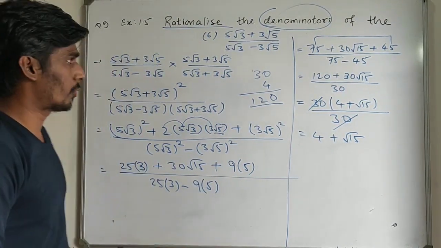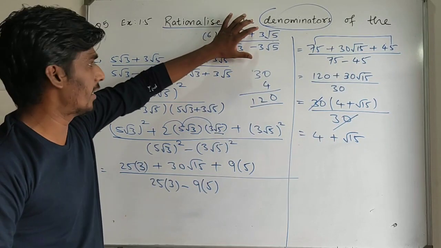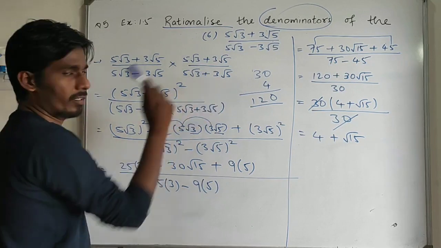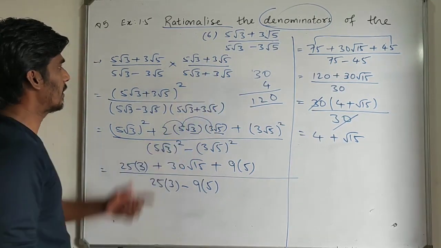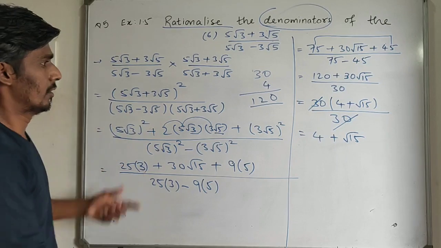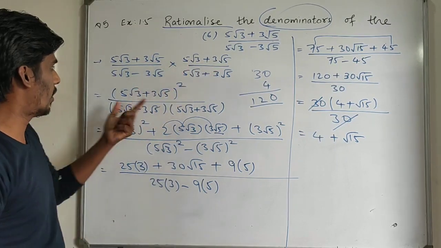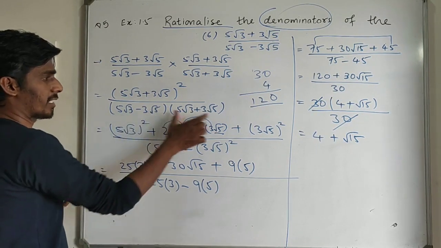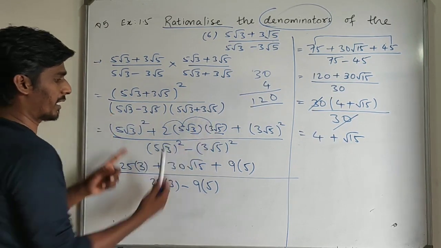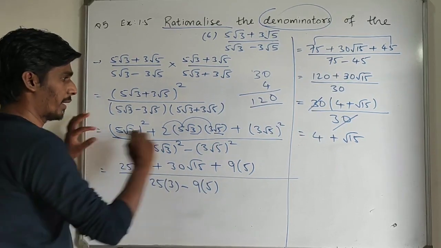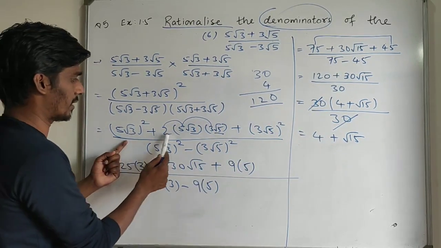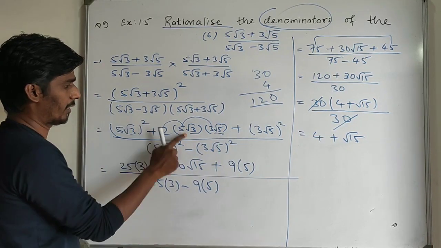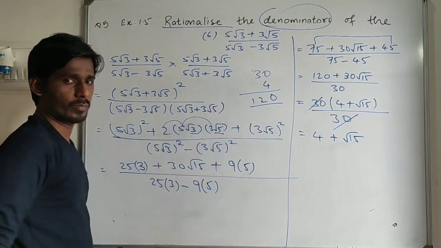So again I am taking a quick revision of this. जो भी नंबर दिया है उसके डिनोमिनेटर के अपोजिट साइन से मल्टीप्लाई और डिवाइड करना है. Once you multiply divide, now both the numerators are equal. So a plus b is what? A plus b whole square. Now in denominator it's a minus b, a plus b. तो डिनोमिनेटर का क्या हो जाएगा? a square minus b square. But in numerator it's a square plus 2ab plus b square. तो पहले टर्म का स्क्वायर इधर 2, then first term, then second term, and last term square.